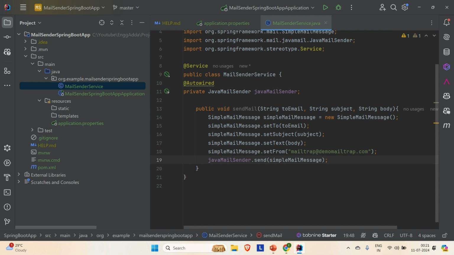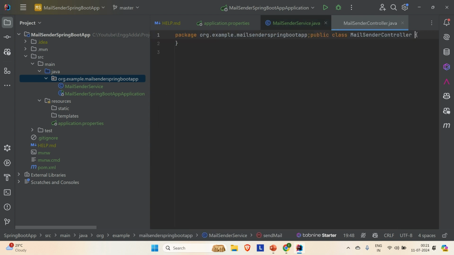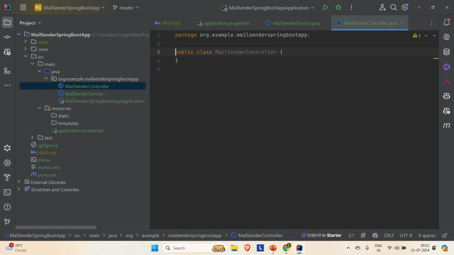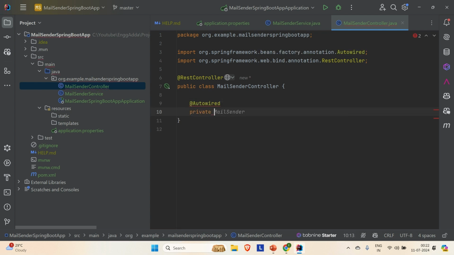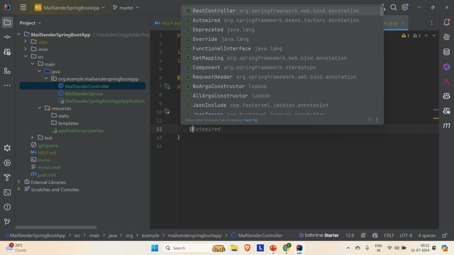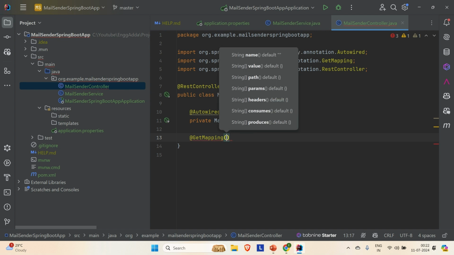Okay, now let me try to create one API here. So I'm just going to create one controller, MailSenderController, and annotate this with @RestController, and then autowire the service class that you created as of now. So private MailSenderService, and we are good. Now let me try to create one GetMapping, and let's say we are going to